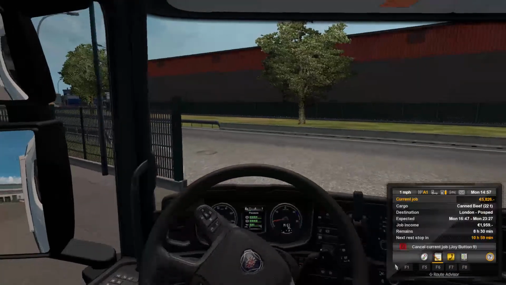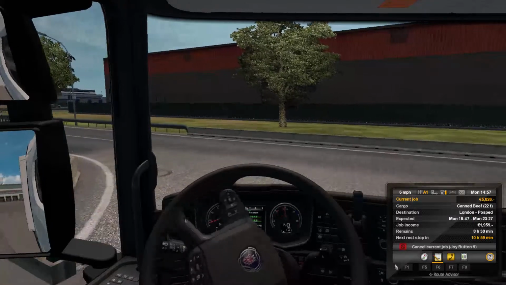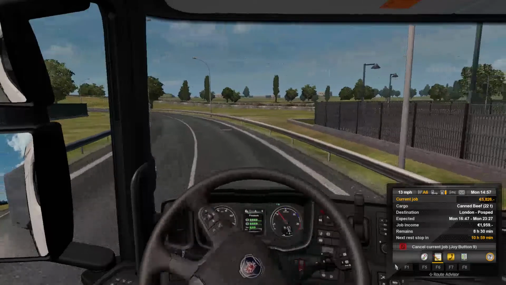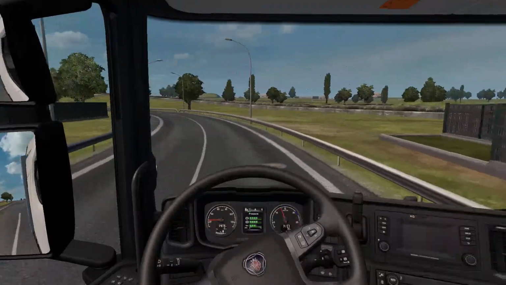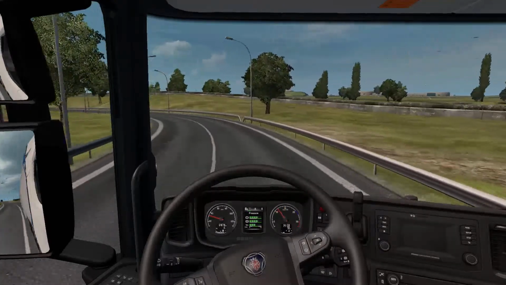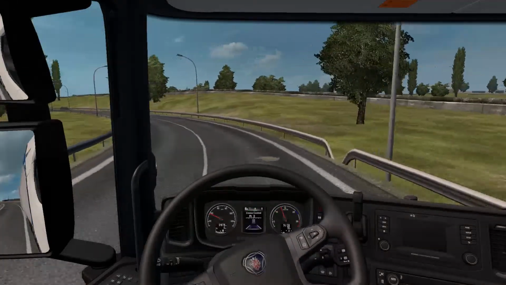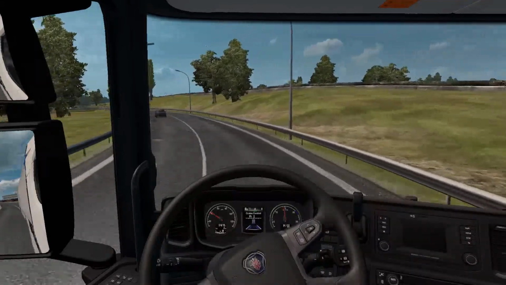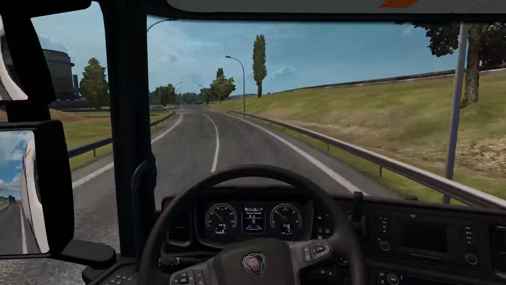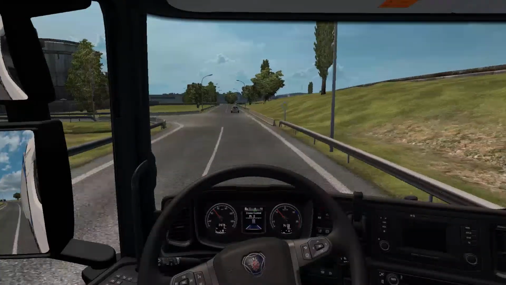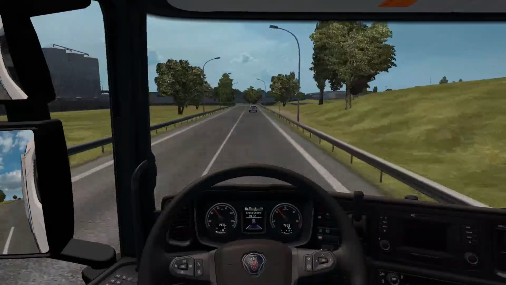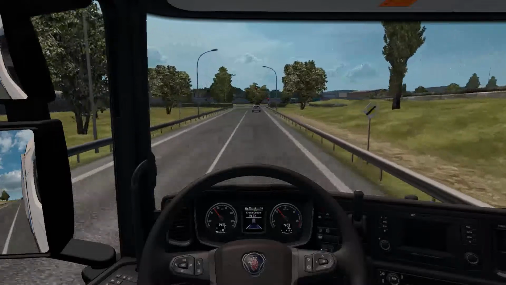Right. So let's just test. 22 tons of canned beef is what we have on board today. Canned beef, how interesting. I think this thing has a kilometres per hour speedo. I will test that out. Yeah, it does have a kilometres per hour speedo, which is tricky because obviously I'm using miles per hour. So, well, just use cruise control and that sets it about what I want.